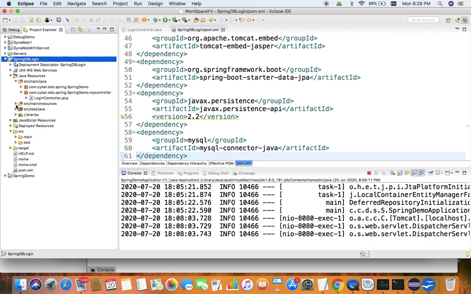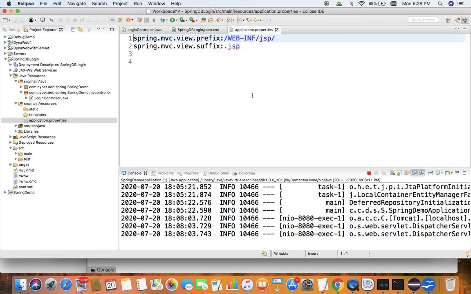Then next step we have to use this application.properties file to mention information about the database. Since I have installed XAMPP on my Mac, we can also use it in the same way in Windows.